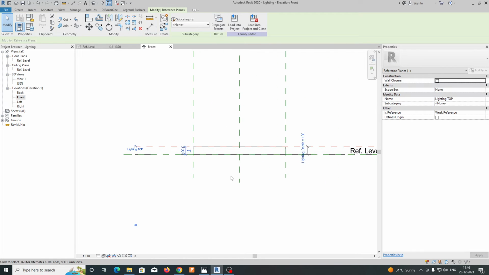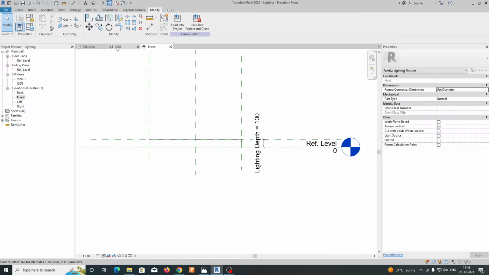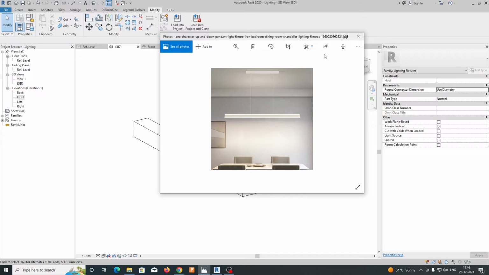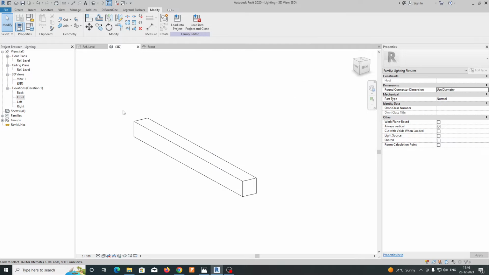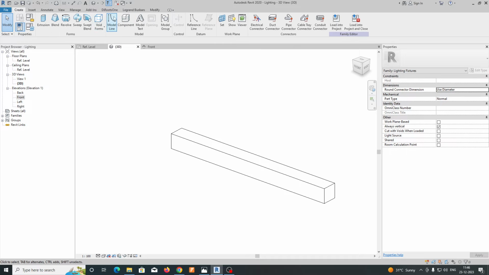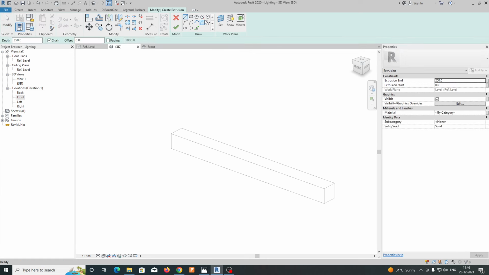Okay, that was set also there. And then we need to go to the 3D. We need to set up some threaded rod over there. So how it's done, I'll show you. Just go here and just need to go to create, and just need to create extrusion, and from here you